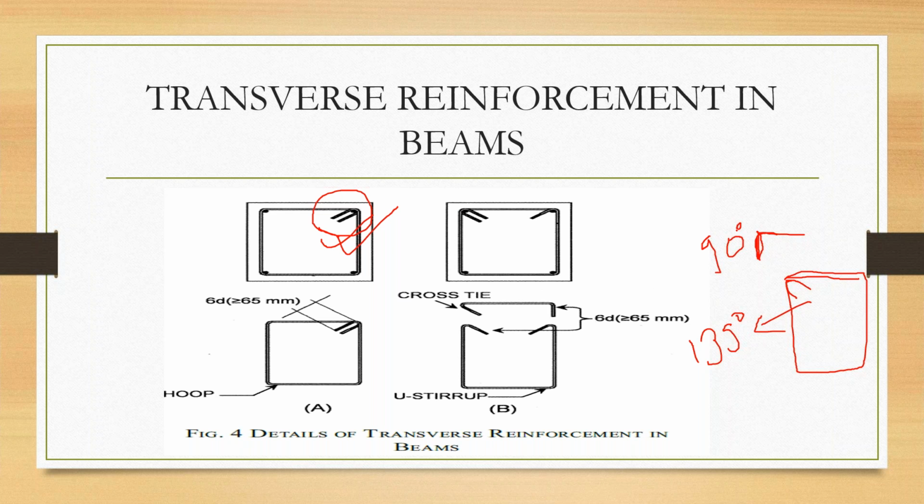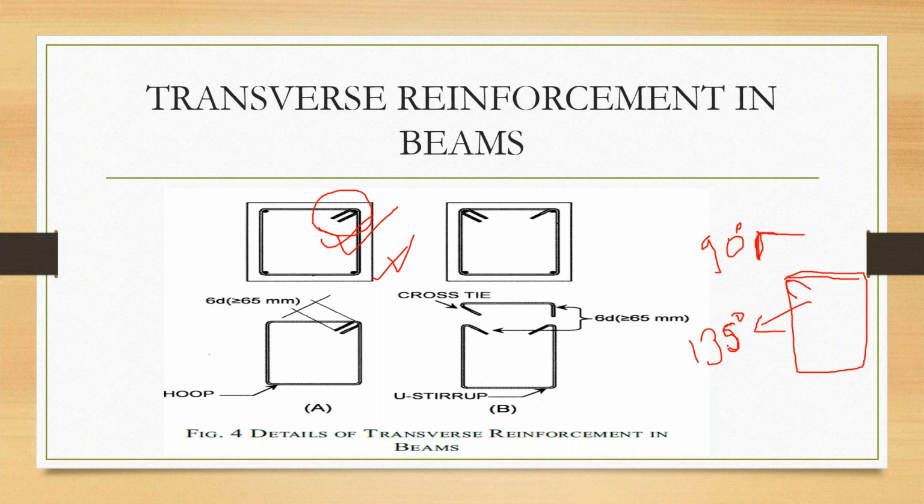And there are different types. I will explain how and when to use them in the next few courses, if possible. Otherwise, for G+1, this is well and fine. We will use two leg ties. We can call them stirrups or ties, depending on the column and beam. In a beam it is called stirrups, and in a column it is called ties. This is to prevent the structure from failing against